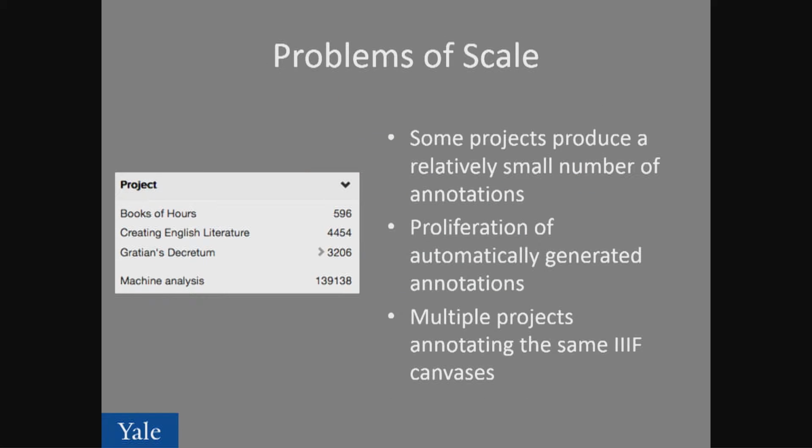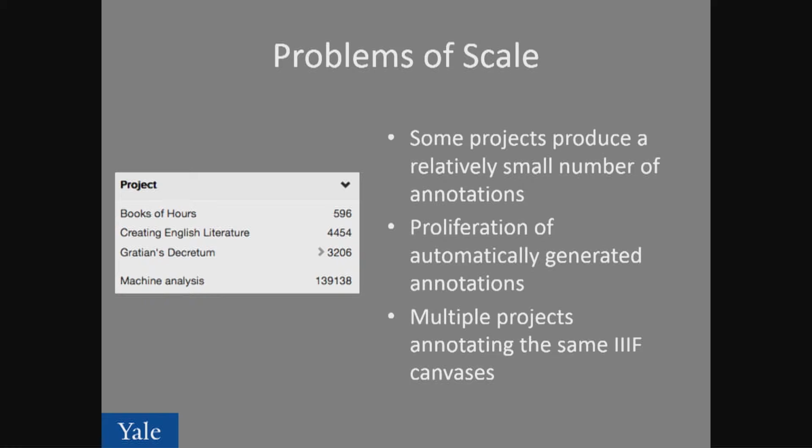So all of this work can lead to interesting problems when you take annotations that were made by disparate research projects and you want to have a sort of database of them, you want to have them accessible, but they're very different types of output. Some projects produce a relatively small number of annotations that have a lot of description, notes that they've typed in, and basically take a lot of time per annotation. Whereas the computer scientists work on their algorithm for a few months and then they point it at something and it spits out 100,000 annotations and they land in the pile along with everything else.